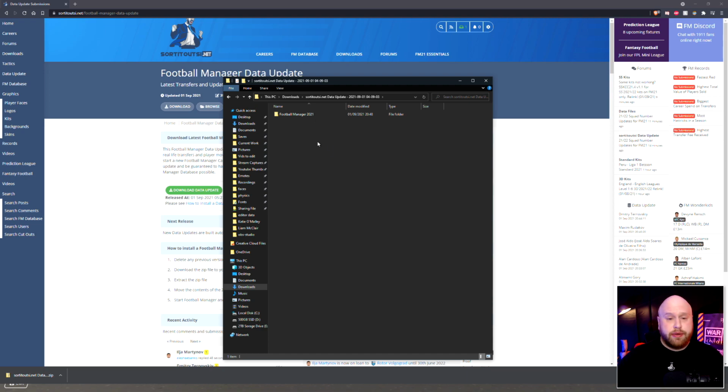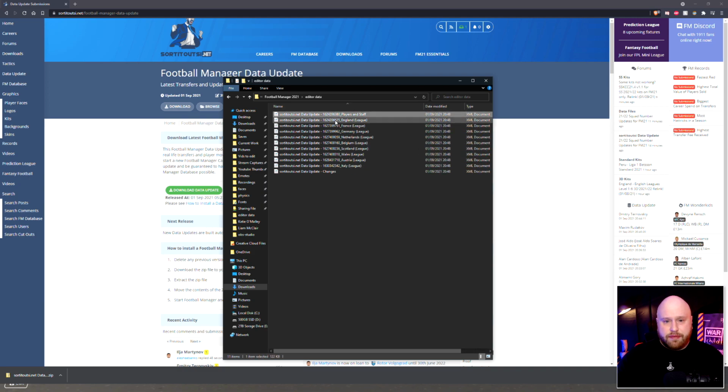Now, what you'd normally do is just drop this straight into your FM21 My Documents folder, and that will allow you to update everything. Now, you can do that and then just deselect the league updates, but if, like me, you might have a few files or editor files in there, and it's sometimes hard to make sure you're selecting all of them, the easiest way to do it is to just go into here,